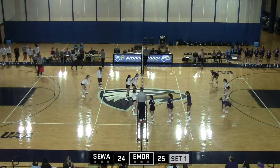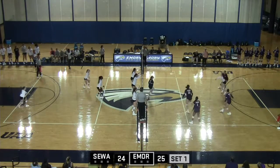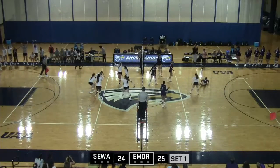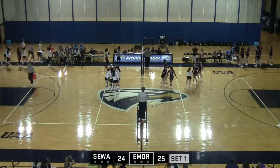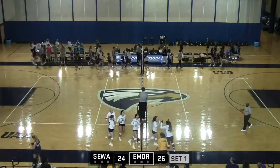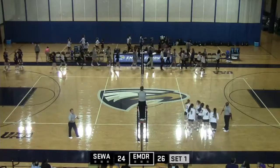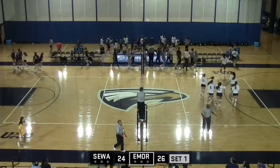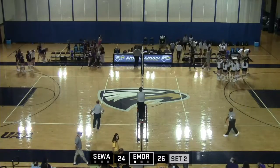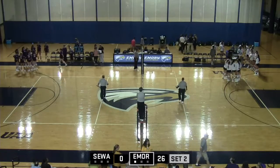Kelsey Means to serve. She's had some good serves. Jump float, tough, but handled well by Sewanee. Blocked and down. And that's the way to end a set, with a big, big block. Mostly done by Tara Martin. Nicely done. The help there, I believe, from Rachel O'Dowd, if I don't miss my guess, but that is set number 1 in the books. But my, oh my, what a set it was. 26-24,